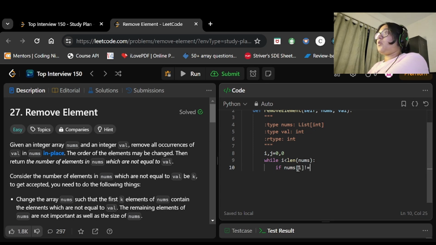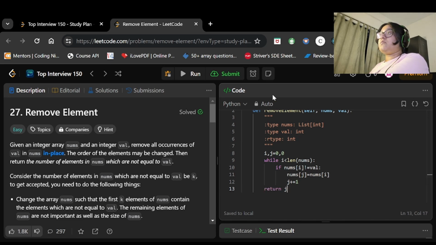In that condition, I will store the value at the jth index, so nums of j is equal to nums of i. And once we have stored the value, we will increment the value of j by 1. After that, we will simply return j.